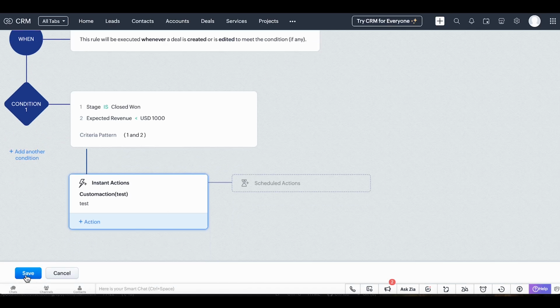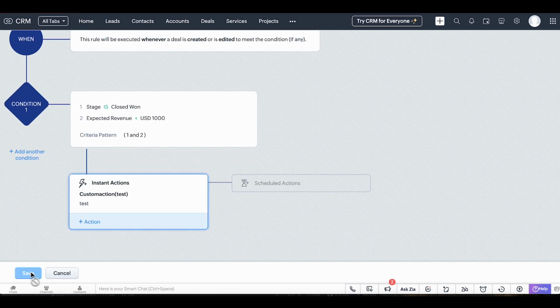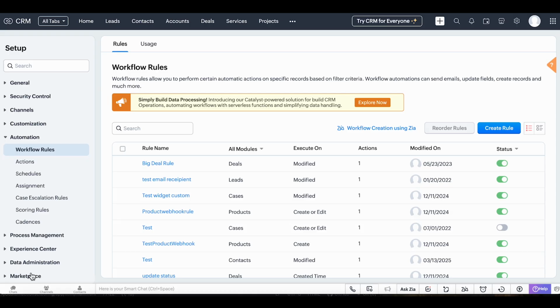So now this personalized input that I've provided has been saved to this workflow condition. So when I click on save, now the workflow condition has been defined by the end user. The criteria is specified, the custom action template was associated, the UI is prompted where personalized inputs were provided. So now let us go inside a deal and see how the output functionality works.